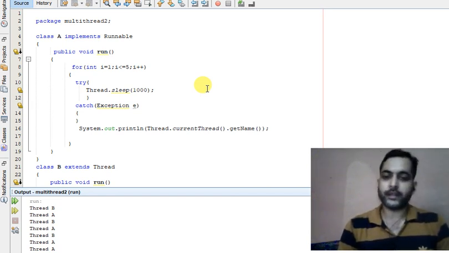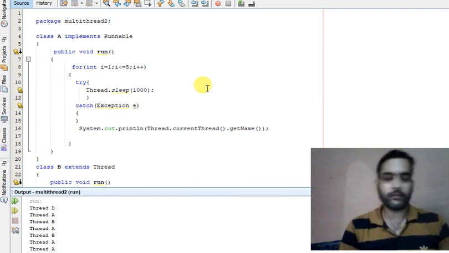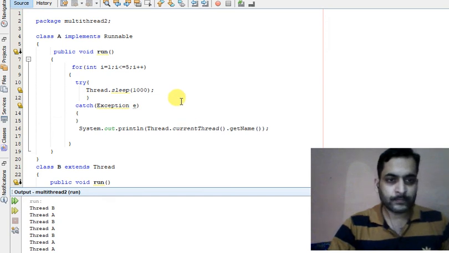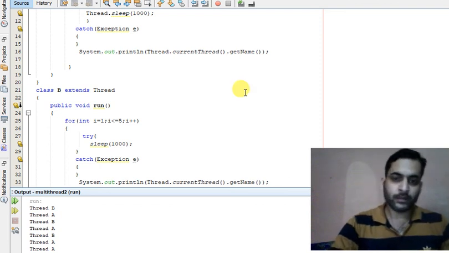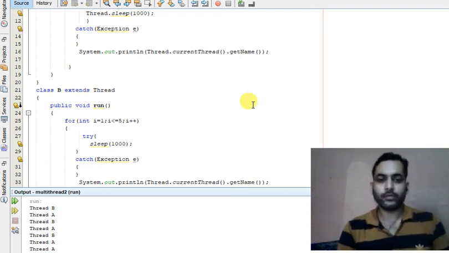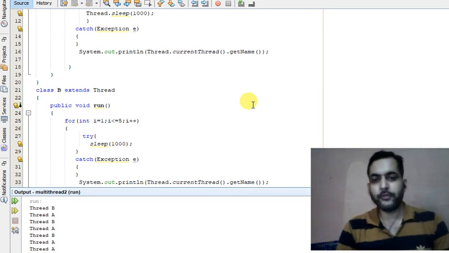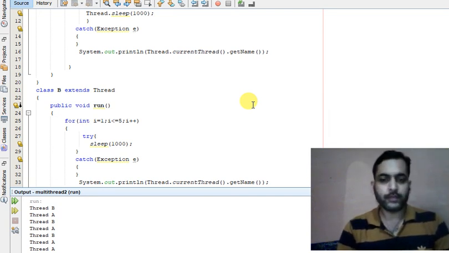We can assign priorities to threads, though it is up to the scheduler which thread it will choose. And we can also set the name of the thread. We can rename the threads. It is always good to rename the thread to some meaningful name, as when you have n number of threads to run, you may get confused in names. So it is always recommended to give some meaningful name to the threads.